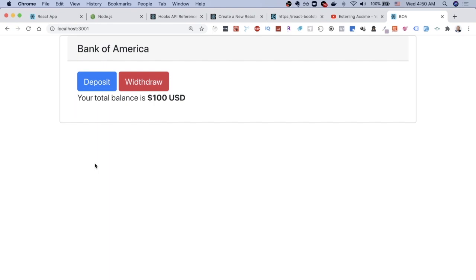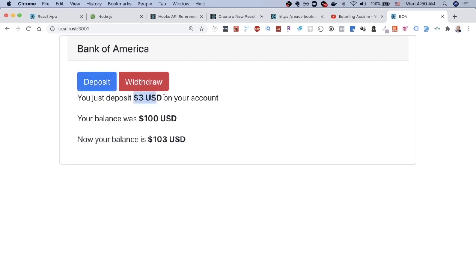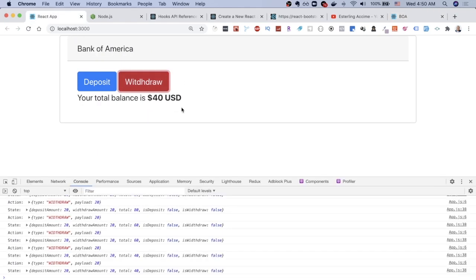Finally, we're going to have a chance to wrap up our entire little app where you can deposit money. I'm depositing $23 now. My balance was 100 and now I have $103. I deposit another $18 and now my balance was 103 and now I have 120, and I can withdraw the same thing. So far we get at least a very simple basic thing working, which is we always